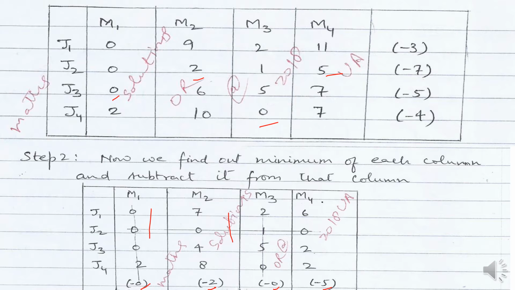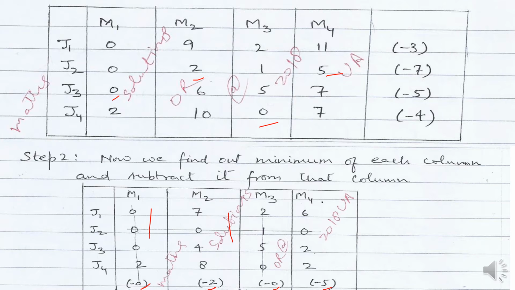So let's check, do we get a feasible solution? We try to assign the jobs to machines. We see the first row, there is one 0. Wherever there is a 0 we try to assign the job to that machine, and how many zeros there are also matters. So in the first row the 0 is coming under M1 and there is no other 0 in it. So I can assign job J1 to machine M1.